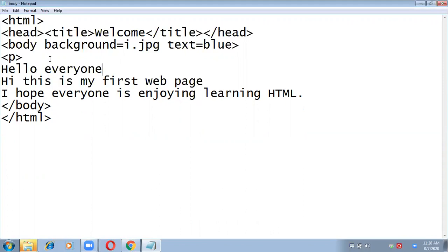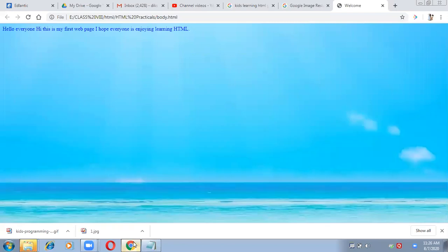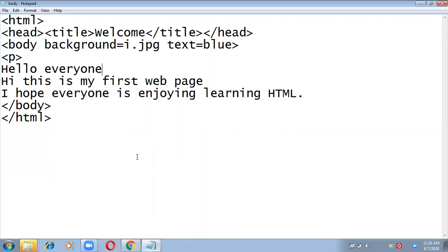Okay, so I have started the paragraph tag once only, save it and check it. All the lines are coming in a single line without going to the next line. But see how we have written on the notepad. We have written all the three lines in a next line.